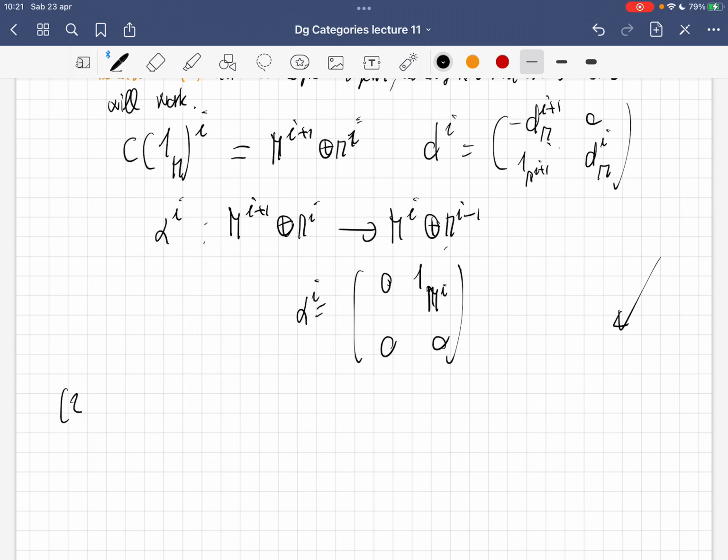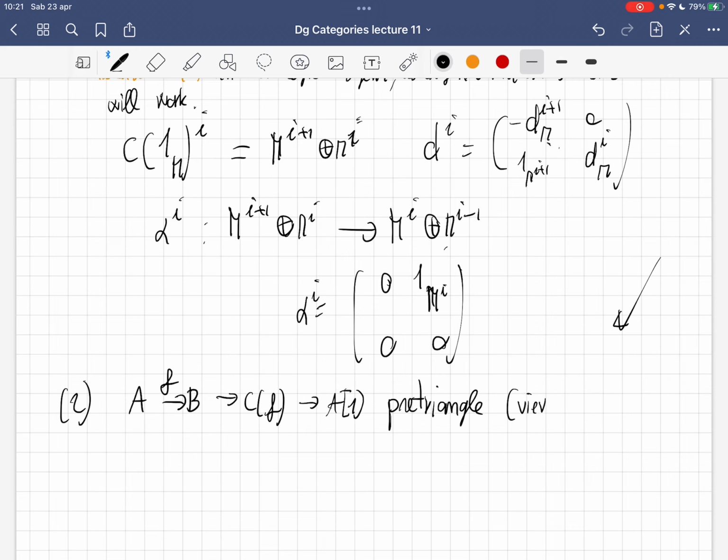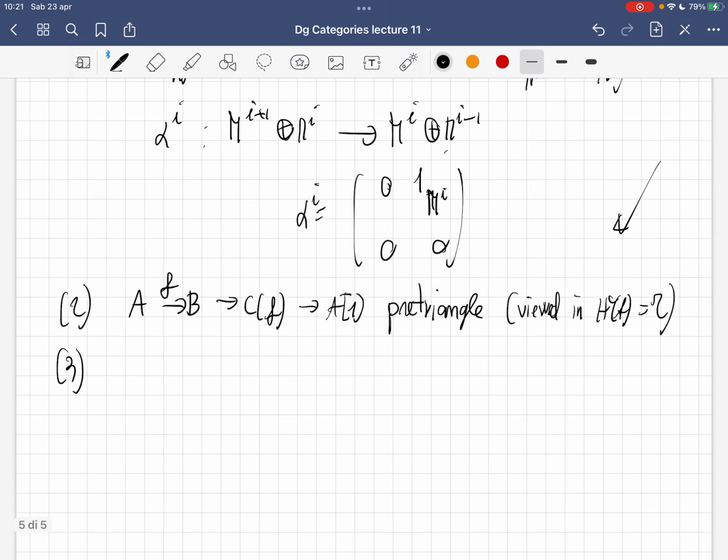But yeah, this is okay for the first part, which was a non-trivial one. For the second, we need to embed f into some distinguished triangle, but we can just take the pre-triangle and view it in H0 of A, our T. That's fine. And the third one is essentially by definition. Why? Well,